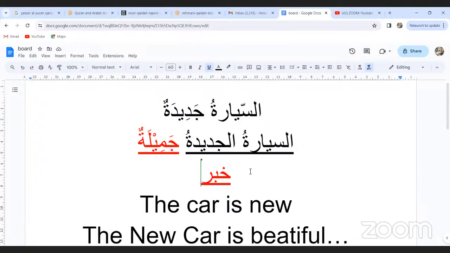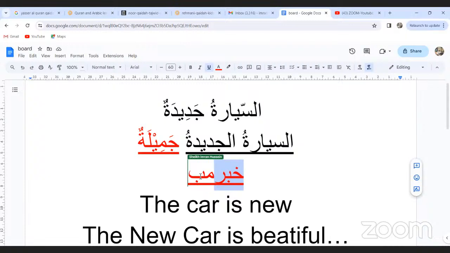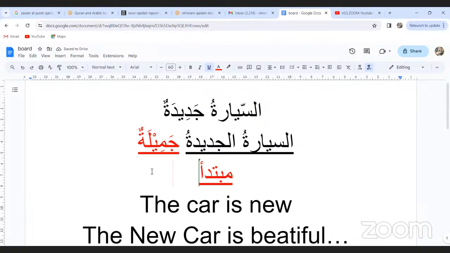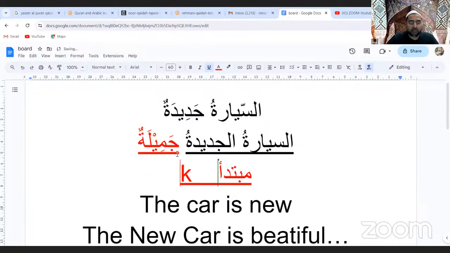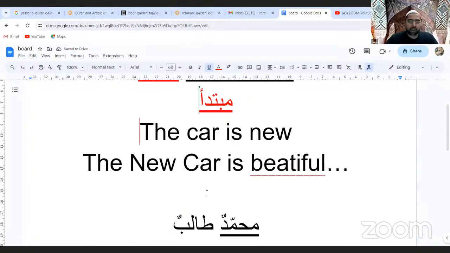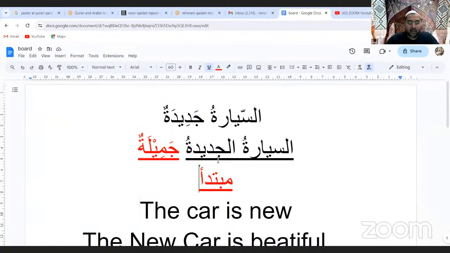As-sayyaratun jadidatu. This is mubtada. Okay, mubtada, and this itself is khabar. Jamilatun is khabar. Yeah, thank you, sir. I'm also understanding it better now. So always the khabar will come, and sometimes the khabar itself comes with two tanweens,